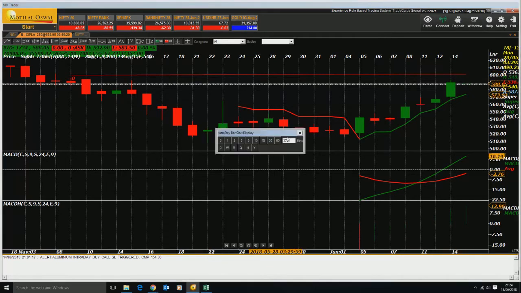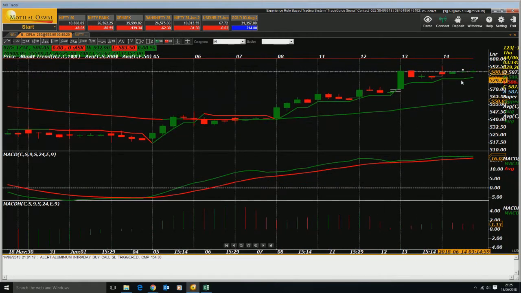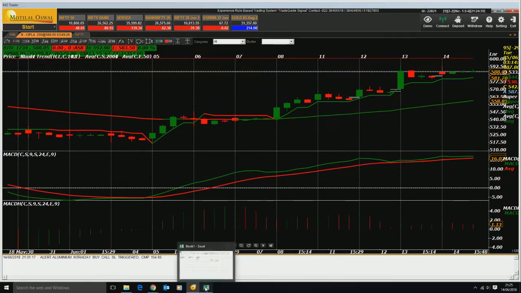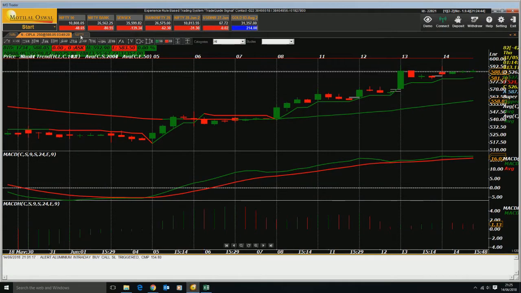So if I go to my 120 minutes time frame, you see Cipla is on an uptrend, and I have an uptrend entry. So in Cipla, I would definitely go for buy. So Cipla is a long or buy candidate for the next 2 to 3 weeks. Now, if I go to Coal India,